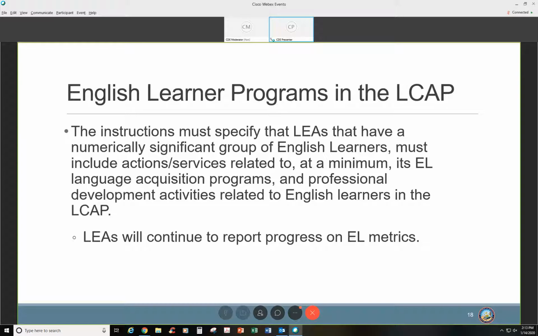If an LEA has a numerically significant group of English learners, they must include an action related to, at a minimum, the language acquisition programs in the LEA. Those language acquisition programs are defined in Education Code 306, and the actions must also address the professional development activities for English learners. With that, LEAs still will report on progress in the EL metric.